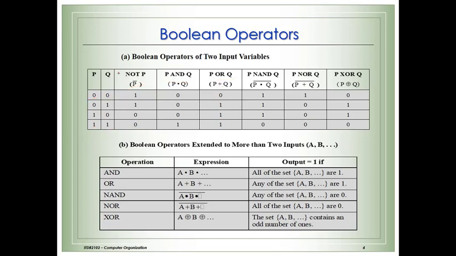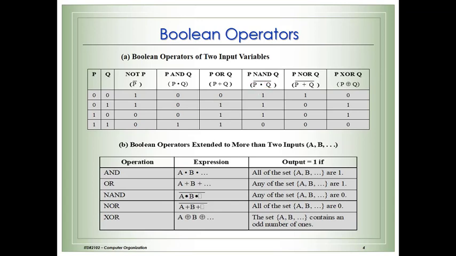So these were three basic operators: NOT, which we call the inverter, P AND Q, and P OR Q. Then we have NAND. NAND means first perform the AND operation, then whatever result you get, go and perform the NOT operation. So this will give you NAND. How do we represent NAND? NAND can be represented as P and Q with a bar over it, which we call P NAND Q.